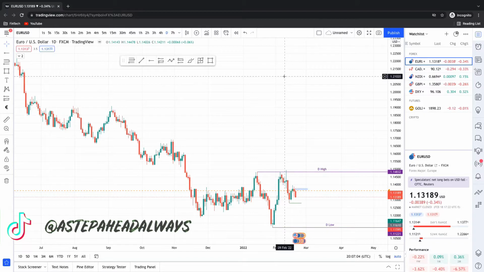Last week I was a little busy with other stuff, couldn't trade much. But yeah, I'll be back this week fully. So I'll be posting trades whenever I take them this week, and today we're going to talk about the next weekly outlook, which I think is week number 3 of February, right? Yeah, so let's jump into it.